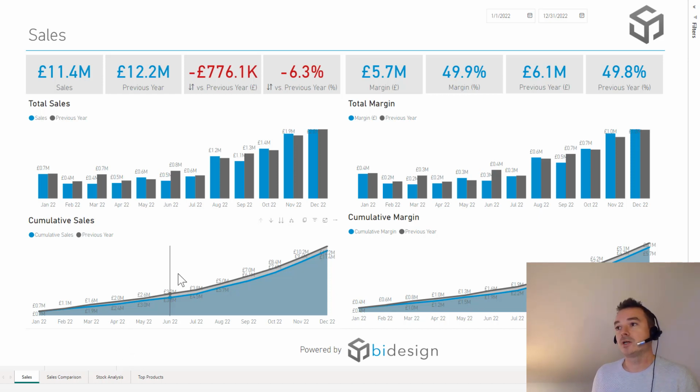So having a look here at this first page, this is our sales page. Here we've got the sales for this year. I'm looking at 1st of Jan 22 to the end of December 22, so I'm looking for the whole of that year, and I've got sales, the previous year's sales, the comparison this year against previous year in monetary terms and then percentage terms,